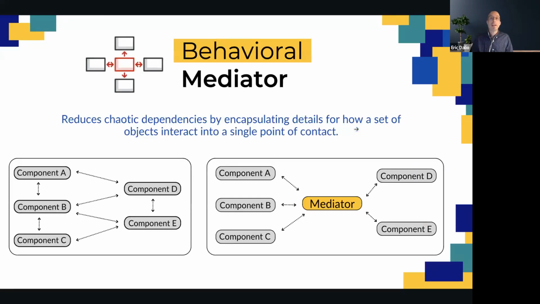Here we take a look at the mediator pattern. And it can do exactly what it sounds. It mediates, right? It reduces chaotic dependencies by encapsulating details for how a set of objects interact into a single point of contact. So on the left, we see an example of many components all talking to each other in